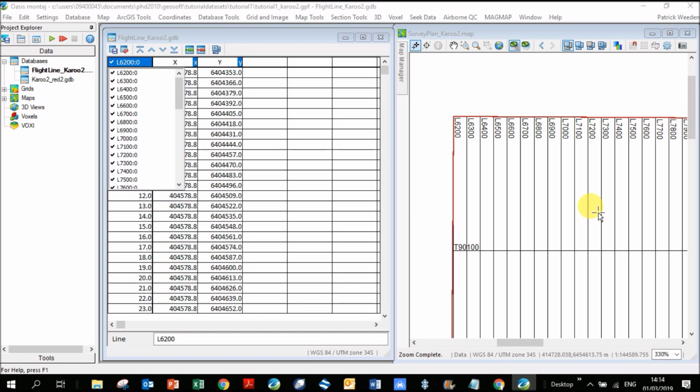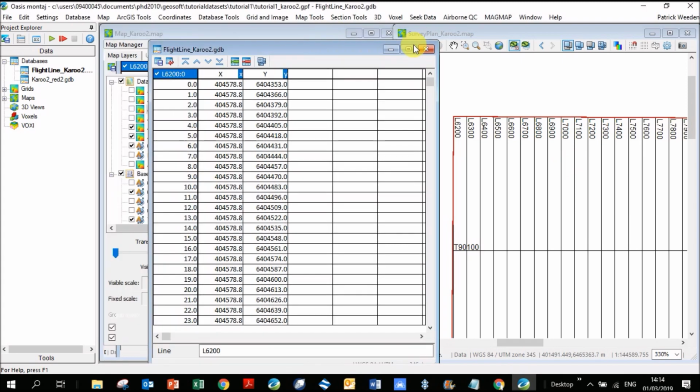And now we're going to pretend you've gone to the field, you've collected the data, and we want to compare it with your original plan. How well did you collect your data? Did you stick to your flight lines? Did you swerve around a lot? Did your height change, or were you pretty accurate? And so we're going to be comparing this,